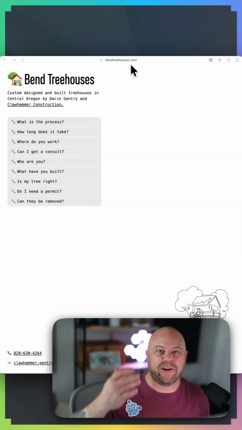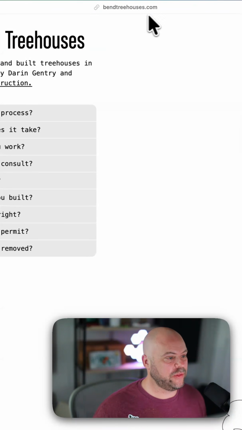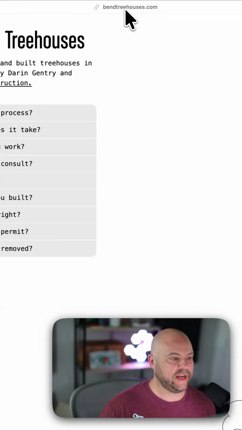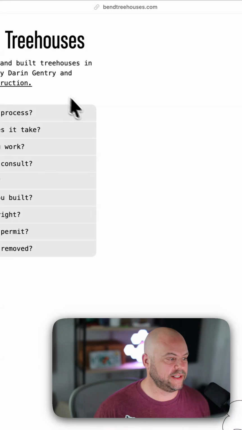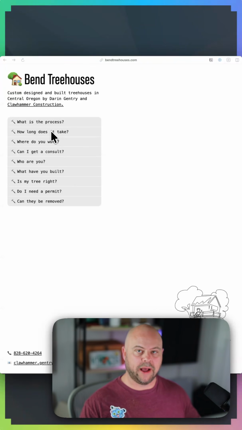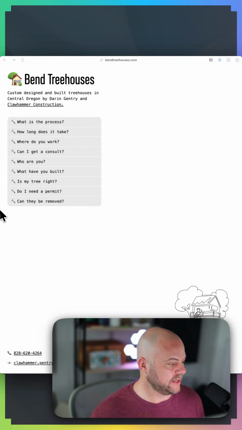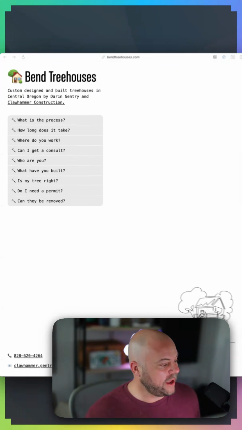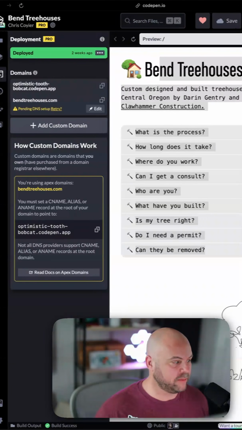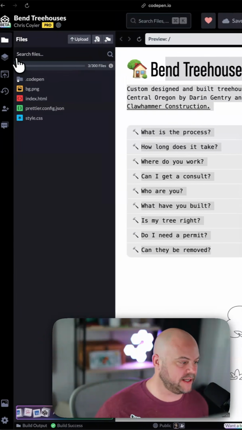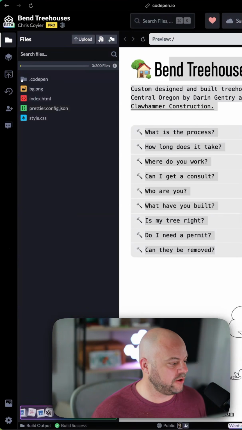I have a buddy named Darren. He lives in Bend, Oregon, down the road from me, and he's getting into building tree houses. So I bought him a domain, bentreehouses.com, and made a really simple website that points to his treehouse building business. It's a real business, by the way. Anyway, I built it on CodePen. Pretty cool, right? I've got all the CSS and images and all the stuff that you use to use a